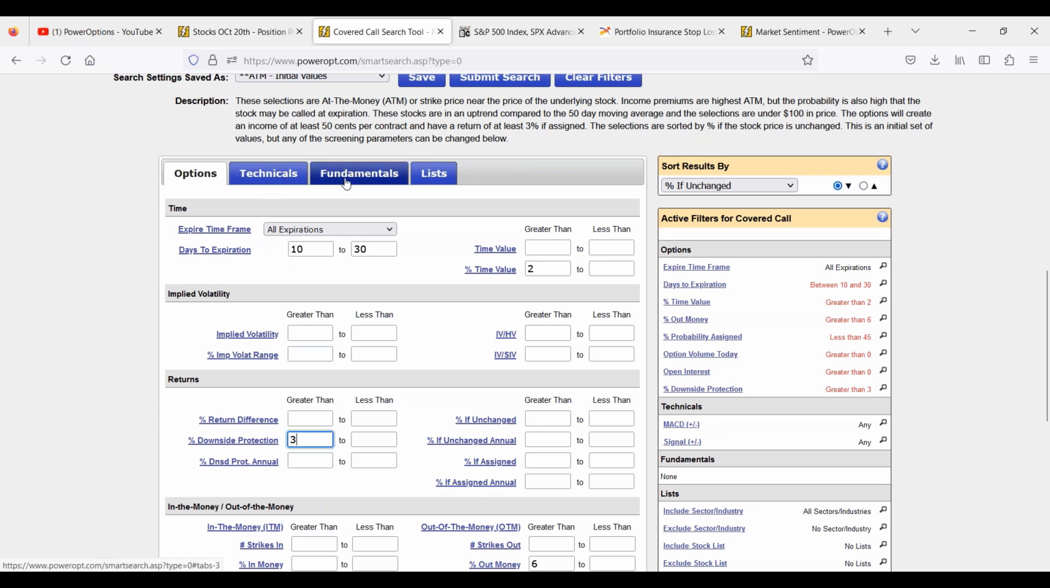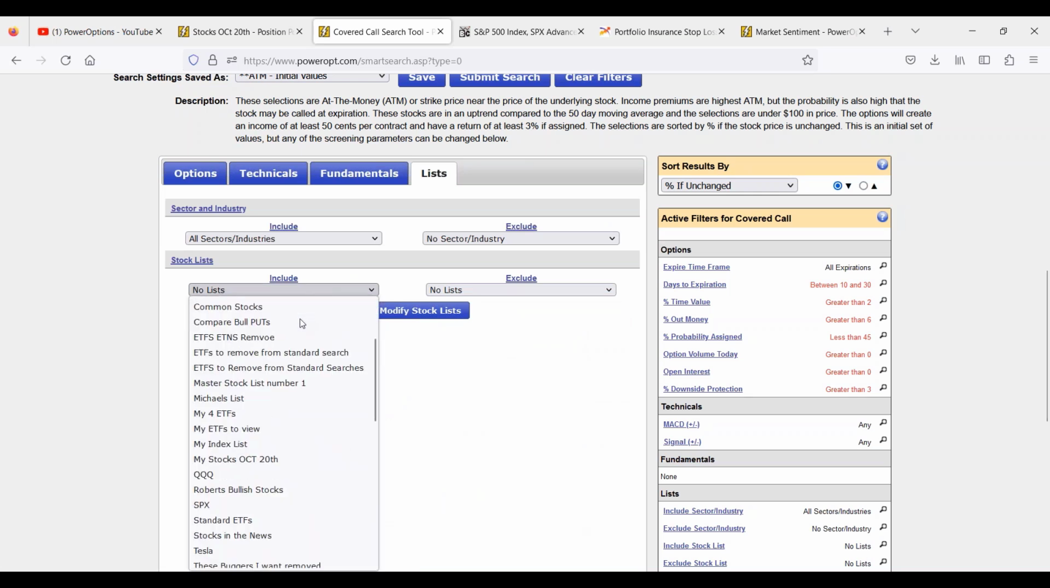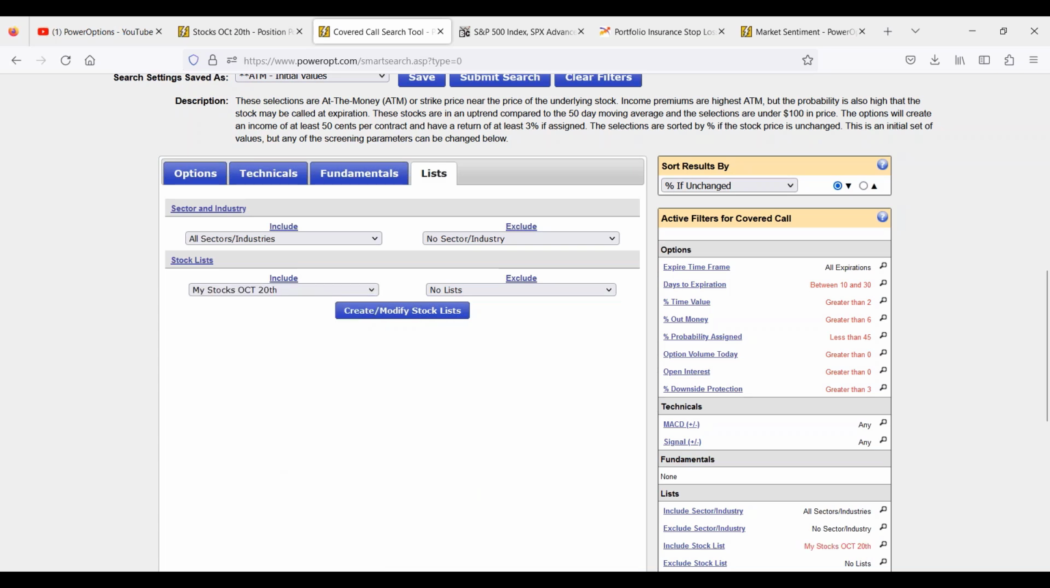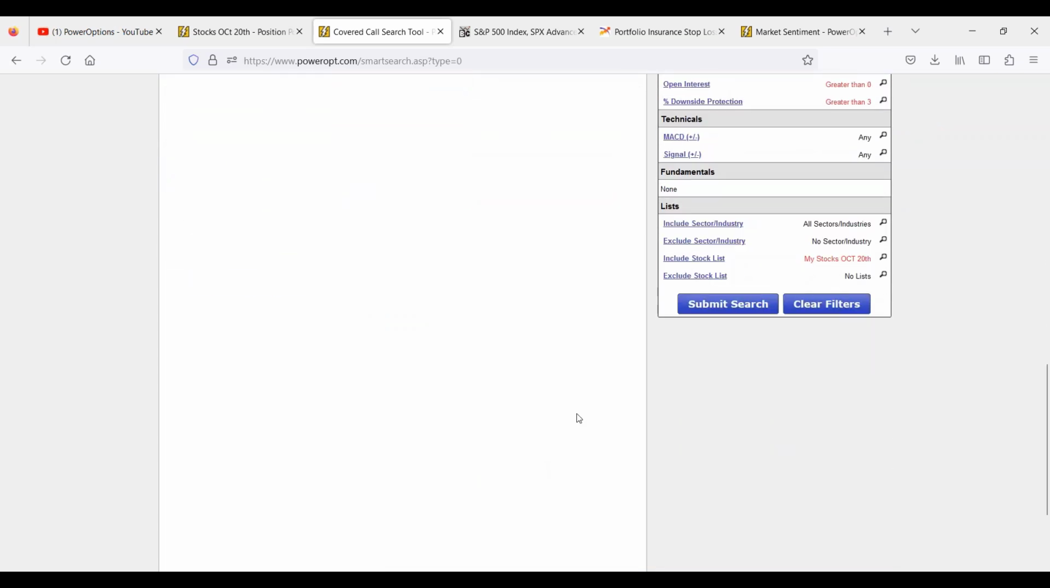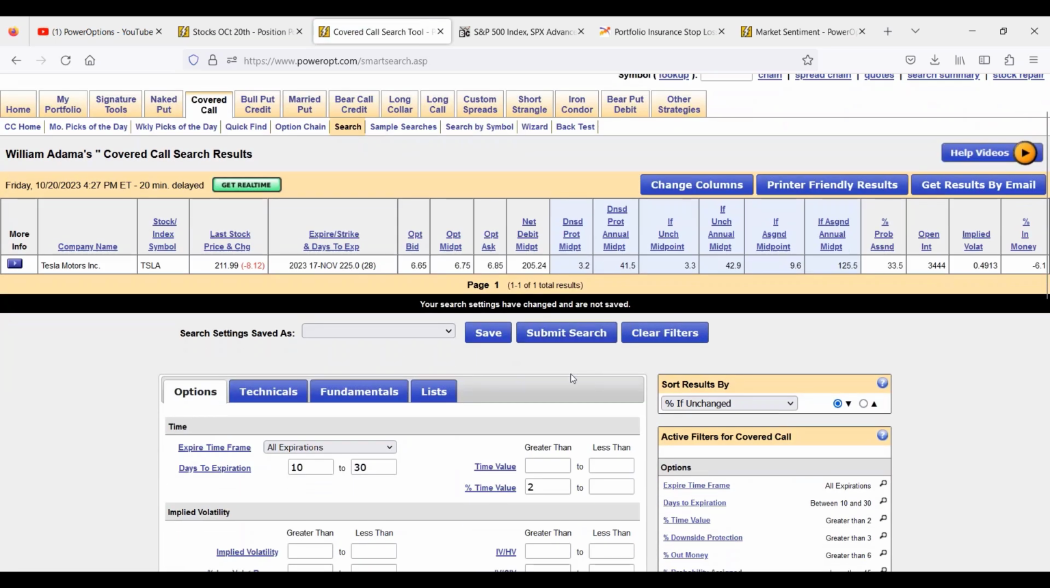Now, I don't need to worry about the stock technicals or the stock fundamentals in this search because I'm screening just against my 4 stocks. My stocks, okay, so I have my 4 stocks and my stocks list, and there we go. We're just going to call it my stocks October 20th, and let's submit the search. Only one